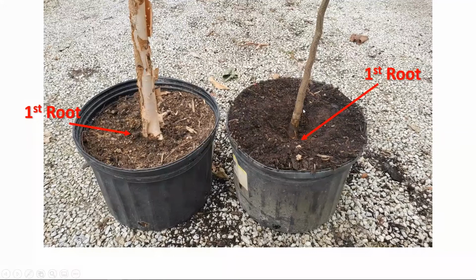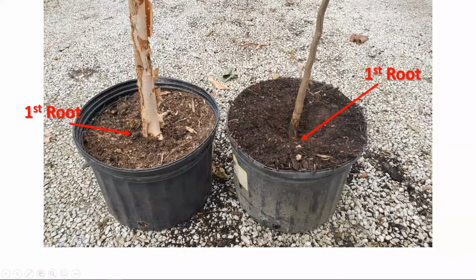But on my redbud, it's always difficult to capture this with photography, but it's pretty far down in this hole right here. That's a bowl-shaped depression where I've dug all the soil away, and you can see where the soil line was on this stem. And there's the first root down there. That little hint of light color is that first root. So this was pretty deep in the pot.